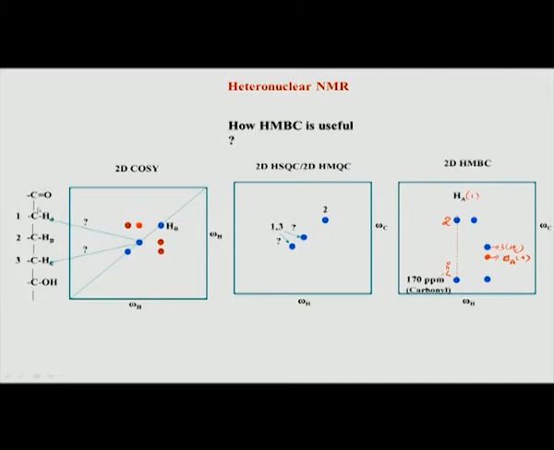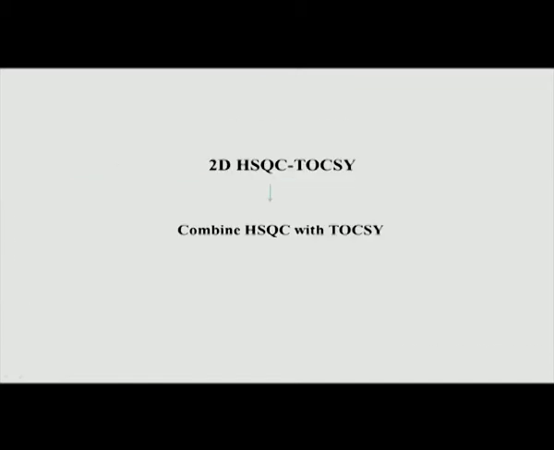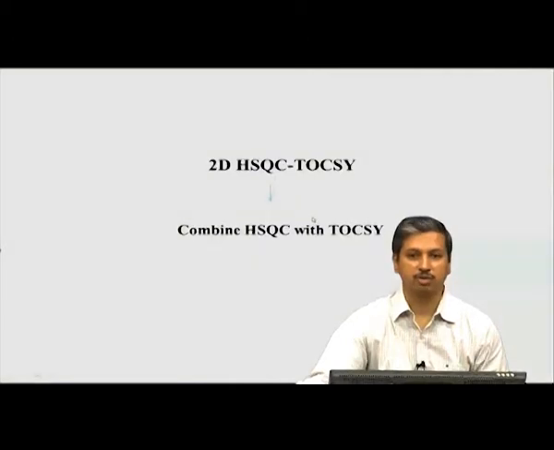Okay. So, chemical shift correlations given by 2D NMR are very useful for the assignment of peaks, and remember, assignment of peaks in NMR is a very important part. It is not just recording a 1D spectrum where we cannot figure out which peak corresponds to which atom. We need this kind of information to complete the assignment. So, let us move on to one more experiment, HSQC TOCSY. This is going to be the last experiment in the list of heteronuclear correlation 2D NMR.